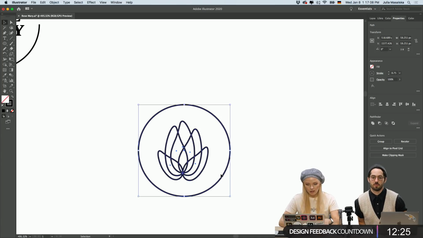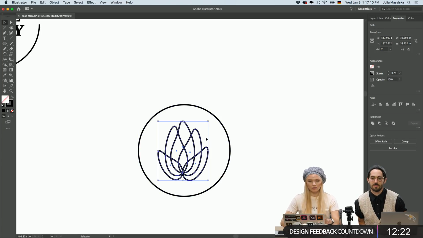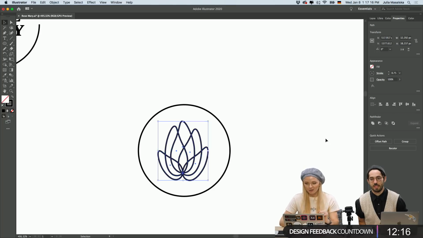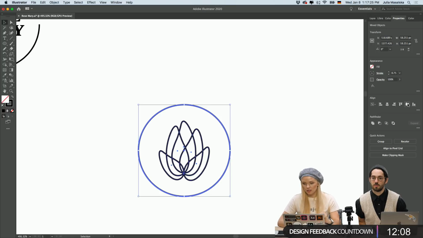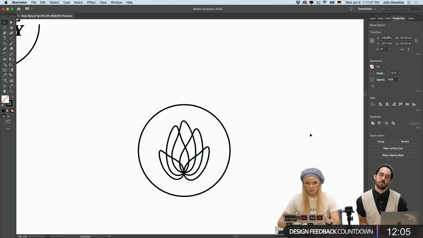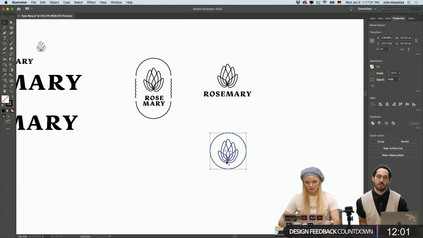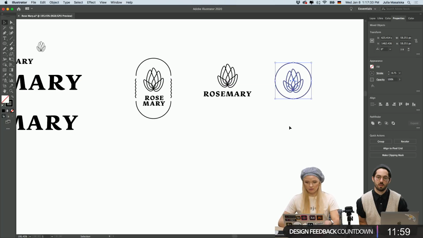So what I'm gonna do right now is group the flower, because if I center the flower like this, it will look like that. And that's not what we want. So we group it, Command and G, and then we pick the circle and select the circle as the key object. Cool. And we just center it right here. Bam, nice, with the align tool. And now it's in the perfect middle. That's awesome.